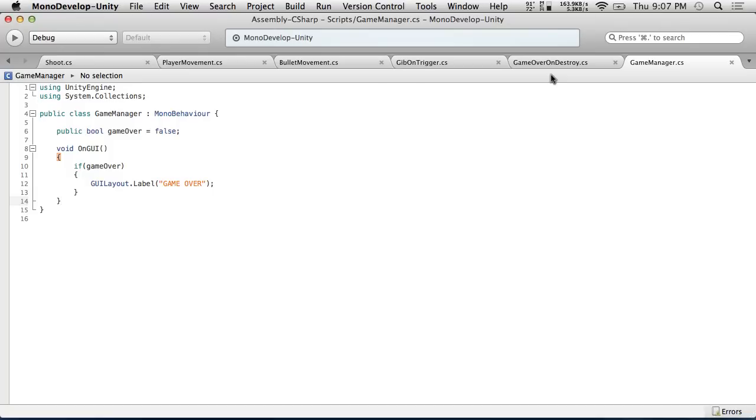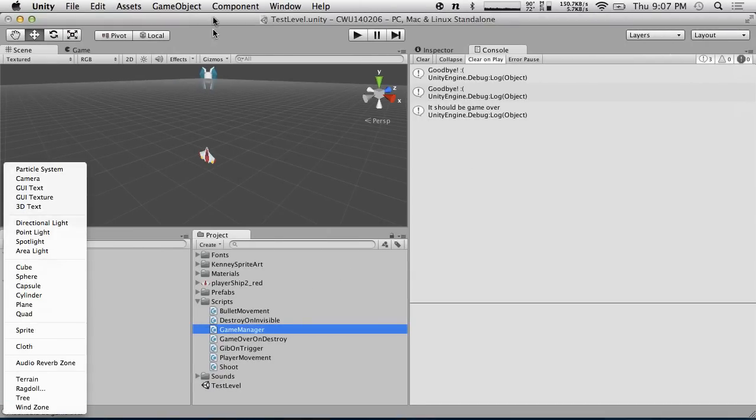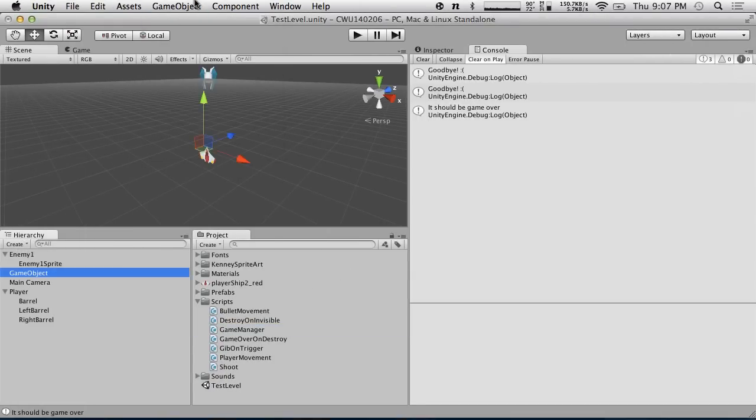I actually don't have my singleton reference here right now, so I'm going to skip it again. Instead I'm going to use a tag, find the game object by the tag, and then do something with it. So I'm going to create an empty game object. It's only in the game objects menu, not in this create menu for some reason. We're going to just call this game manager. And I like to put a $ in front of things like this so that they show up on the top,